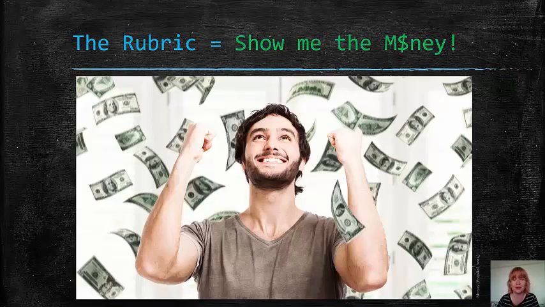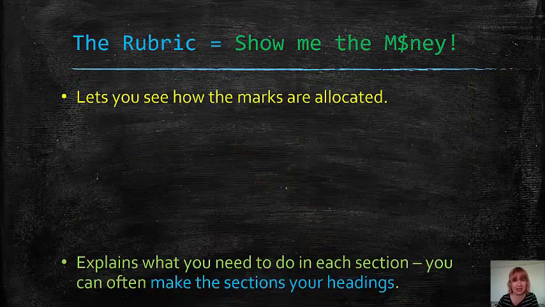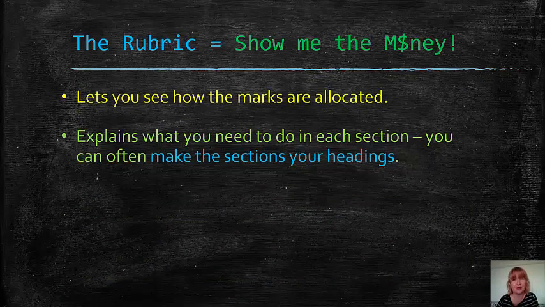The rubric, or show me the money. So the rubric shows you exactly how the marks are allocated. It explains what you need to do in each section of your work, and you can often make the rubric your headings, and this can help you make sure that you're covering each aspect of the rubric,